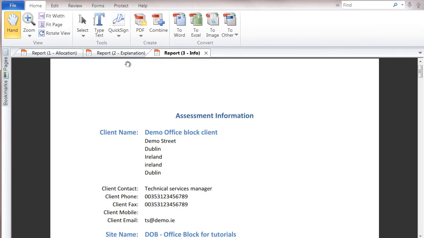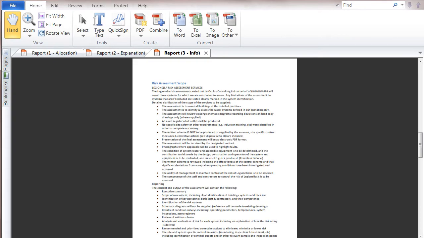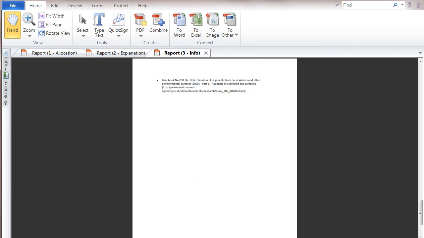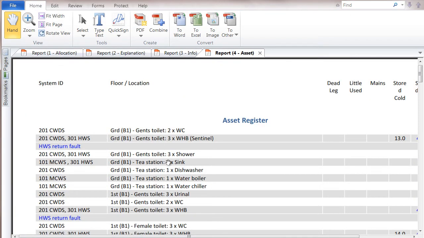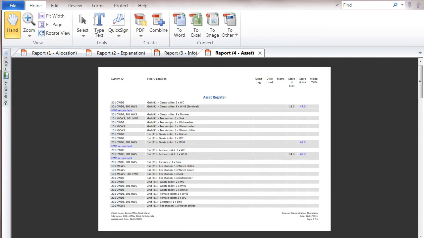The information part of the report is for details of the actual site and who did the assessment, and the scope of the assessment. So that's the information report. We also have the asset report. The asset report is exactly that. It's a list of the outlets that are on site. So if we're looking here, tea station, we have a water chiller,